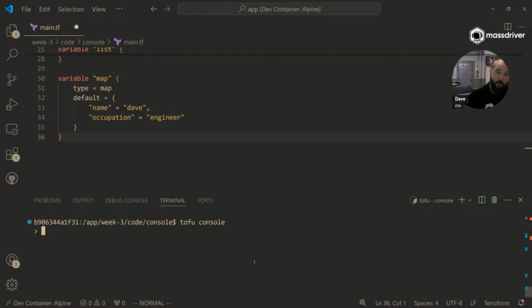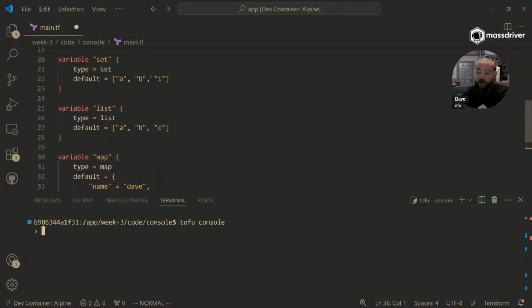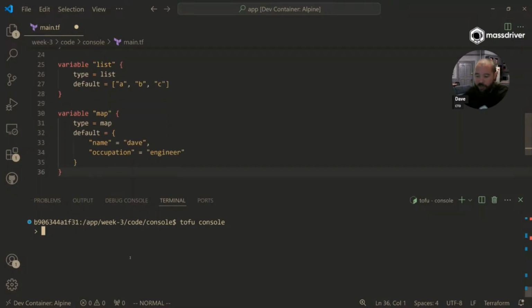We can also run this with a plan. So if we want to pass some input variables in, we can say, okay, pass these input variables in, load it up, and now I can start seeing what the resources would do, right? We have these variables defined here, and we're just going to do some basic access of these variables. So if I say var map,